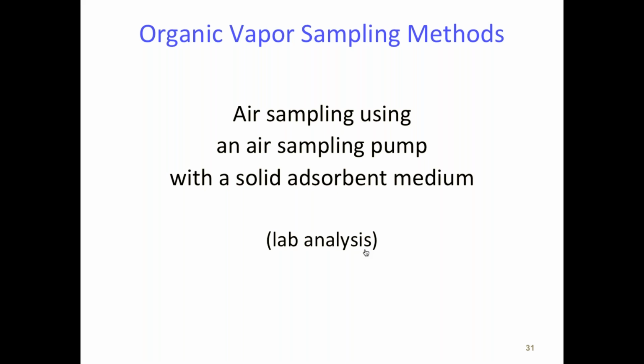The activated charcoal is desorbed by the carbon disulfide, and they know they have exactly 1 cc of carbon disulfide, so they know that they've removed the material from the activated charcoal and it's in that 1 cc. Now they can take a few microliters of that material and inject it into the GC